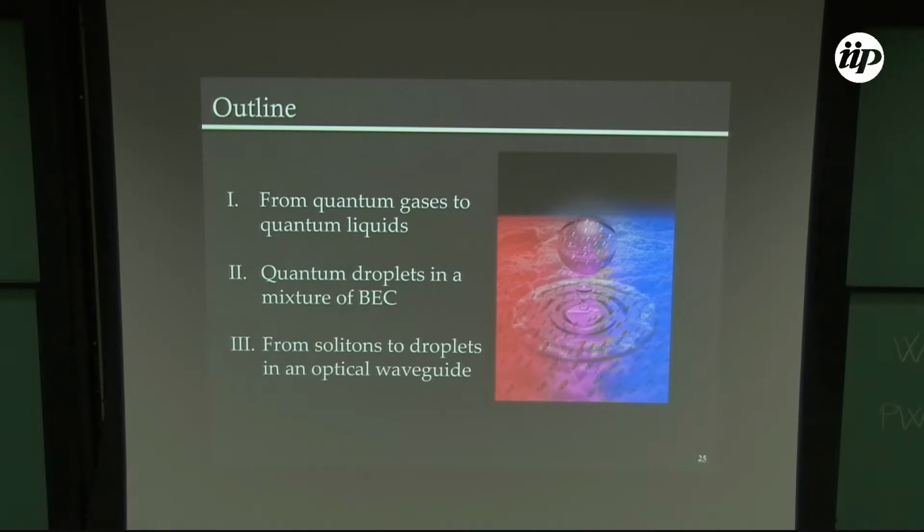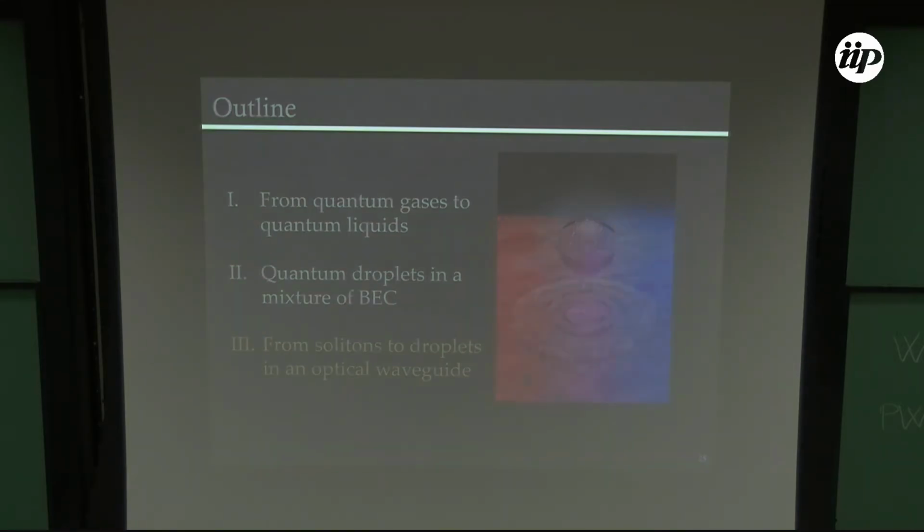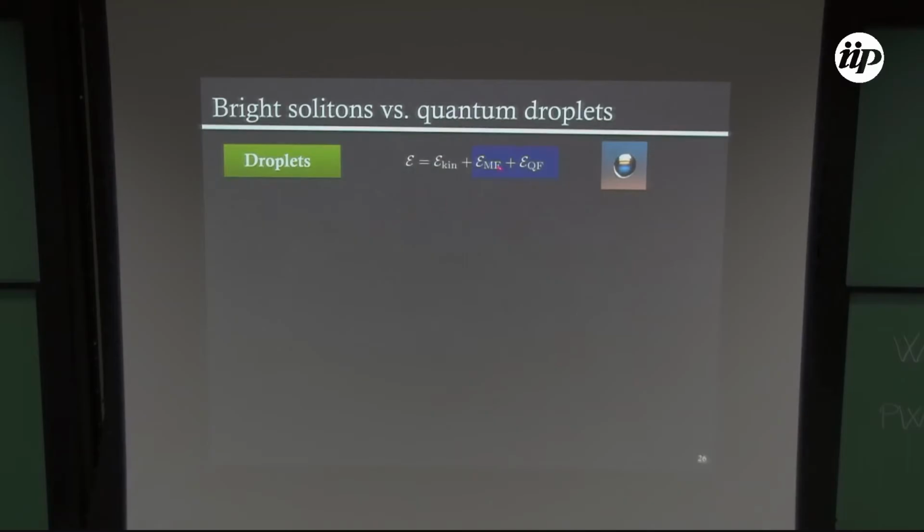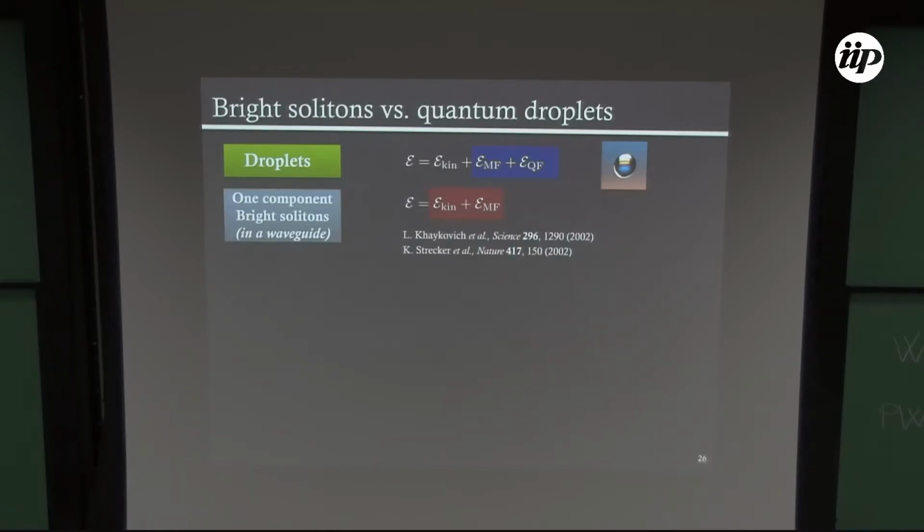Okay. So now I will explain what I have shown up to now. These quantum droplets are self-bound states, but bright solitons are also self-bound states that we know in the community, so I will explain now the difference between the quantum droplets and the bright solitons. Droplets, as I explained before, appear due to the balance between the mean field and the quantum fluctuation term. However, one-component bright solitons appear due to the balance of the quantum pressure and the mean field